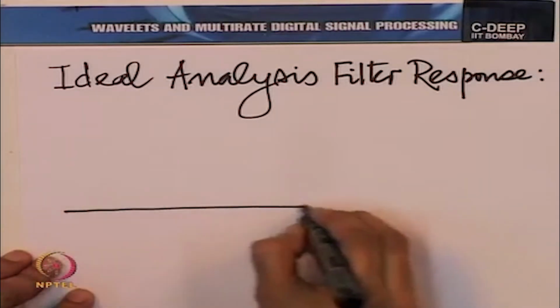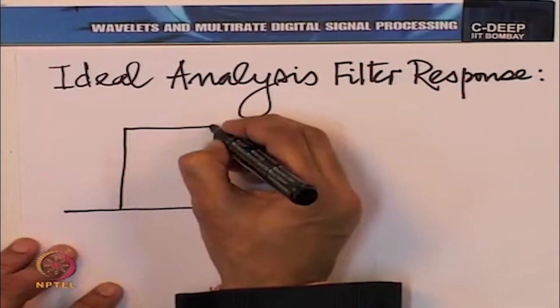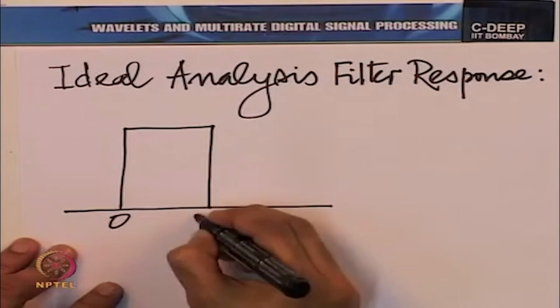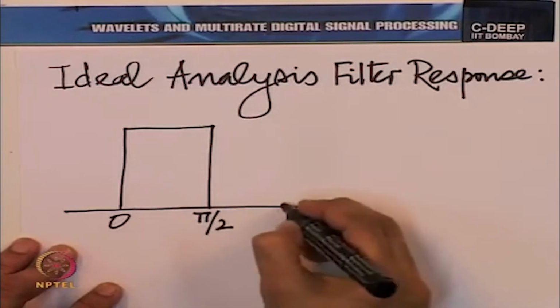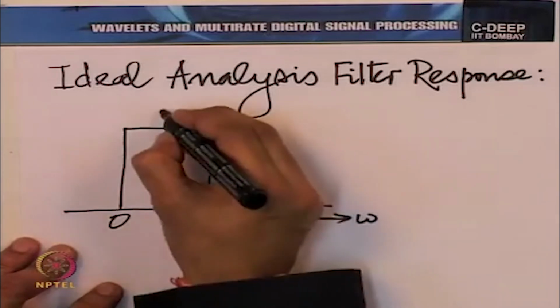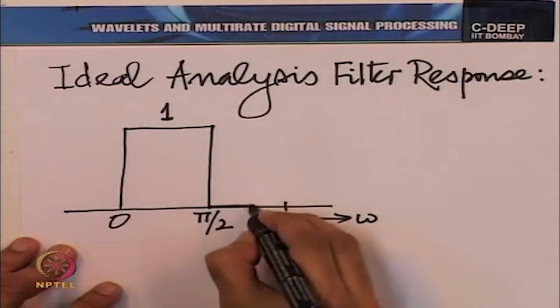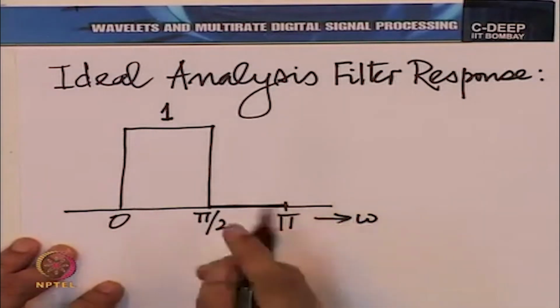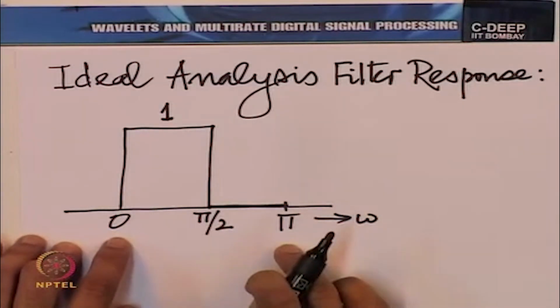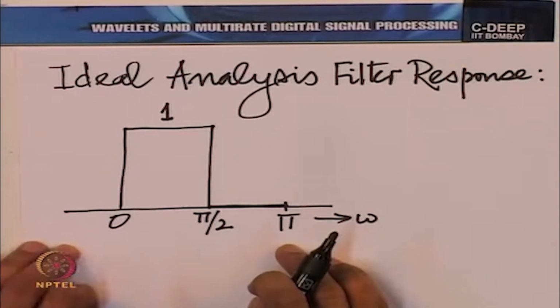So, the low pass filter should have a response that looks like this between 0 and pi. It must be 1 between 0 and pi by 2 and 0 between pi by 2 and pi, and this entire pattern must be mirrored between minus pi and 0, and of course, then repeated the whole pattern between minus pi and pi, then repeated at every multiple of 2